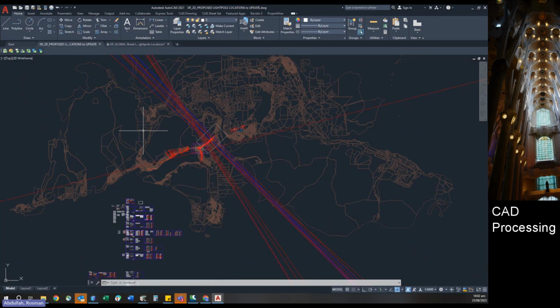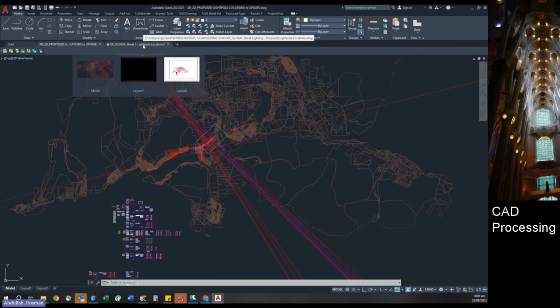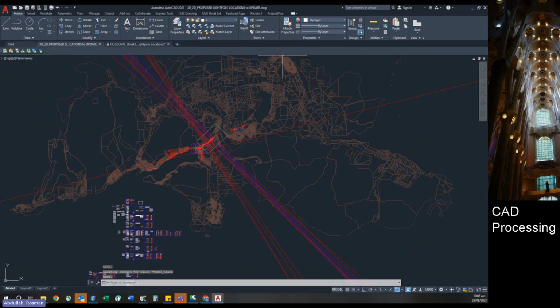So this is a safer method of taking what he has and putting it into 12D. So anything we've done in the source XREF is in a read-only file, and his actual XREF that he works on will be unmodified. So with that file saved,